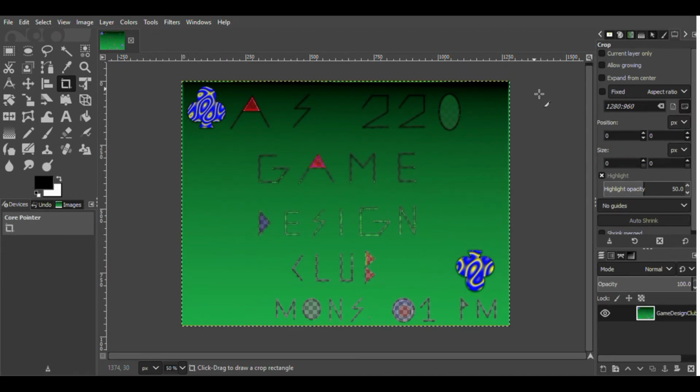Now that we've discussed how to change the image resolution manually, we can move on to the crop tool. The crop tool works almost exactly like the rectangular select tool, except it only allows you to make a hard edge rectangle. It does not allow you to feather edges or round corners. It allows you to limit it to the current layer only, whereas the rectangle select will always select the entire image,